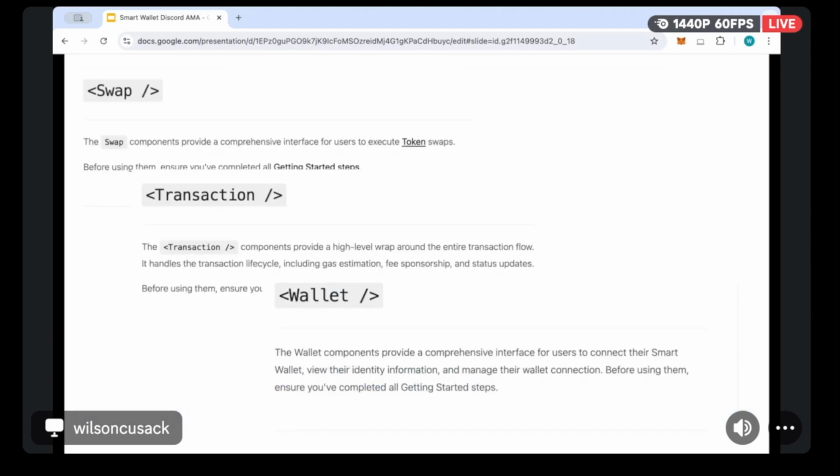We have a swap component. I've built swap integrations before in dApps, and this swap component is by far the easiest thing I've ever seen. A transaction component that makes it super easy to set up a transaction for Smart Wallet and avoid any